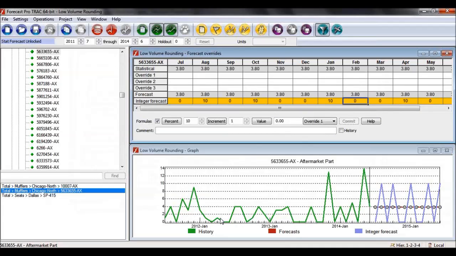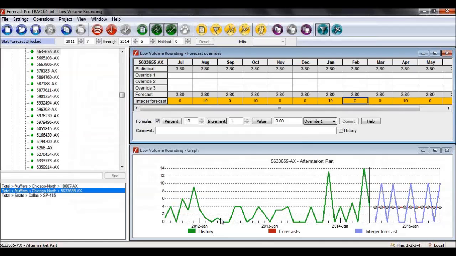And this can be very beneficial to a lot of folks because what they're looking for is, I need a whole number forecast. And I don't want the same number each month going forward. This can try to accommodate some of these minimum order quantities that you may have. It can also accommodate this sort of sporadic data, and a lot of our folks have been very happy with it. A couple of things that this does not do, for instance, it does not necessarily get the timing correct,